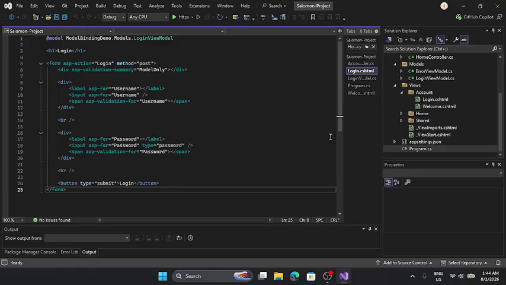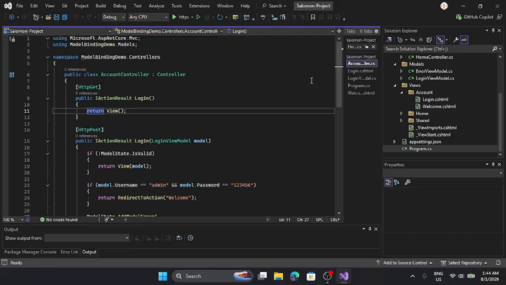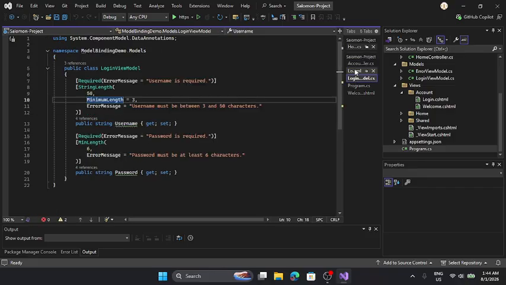And next is our account controller. In our account controller, when the user clicks submit, ASP.NET automatically extracts the HTML form fields and maps them into this login view model parameter, which is right here.